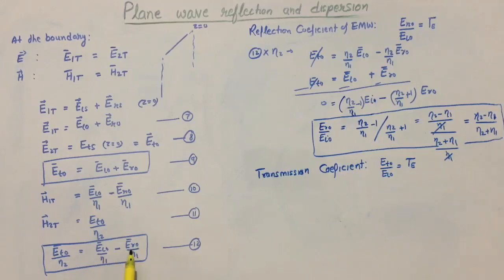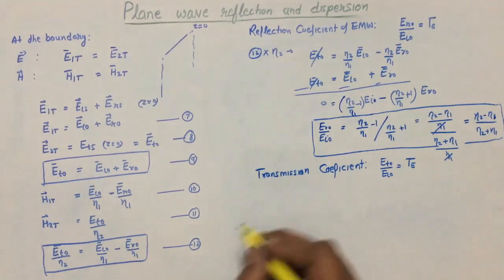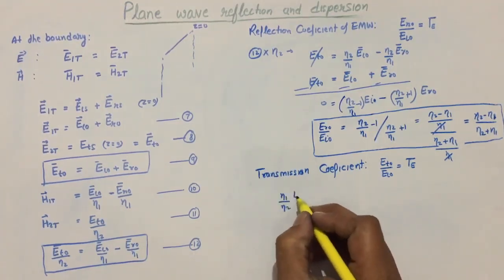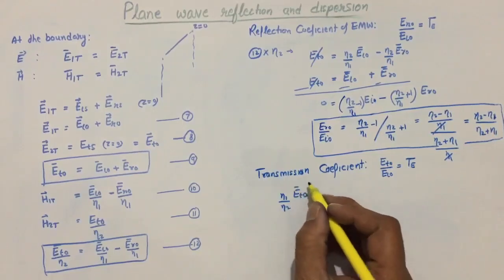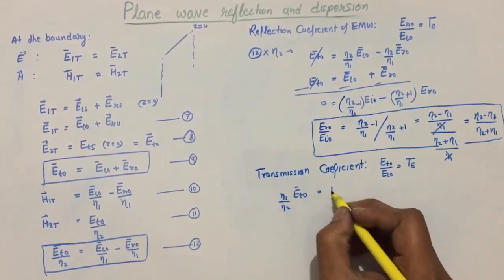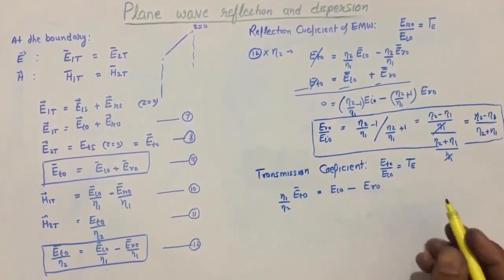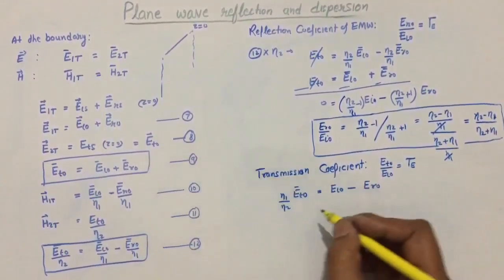So E R naught should not be there, and for that purpose multiply this by eta 1. Then equation 12 can be modified as eta 1 divided by eta 2 E transmitted component equals E I naught minus E R naught, and the ninth equation can be written as it is